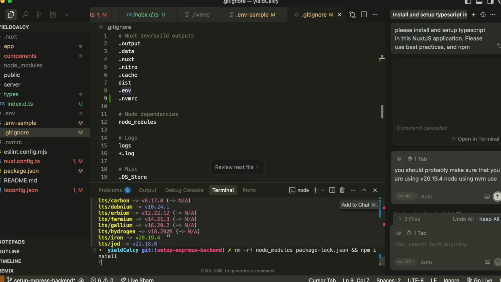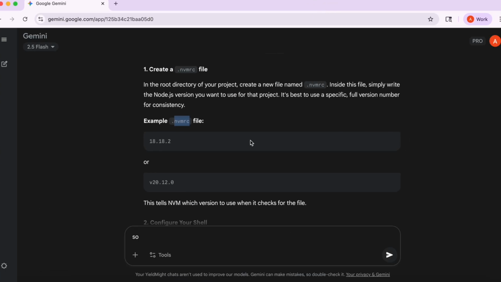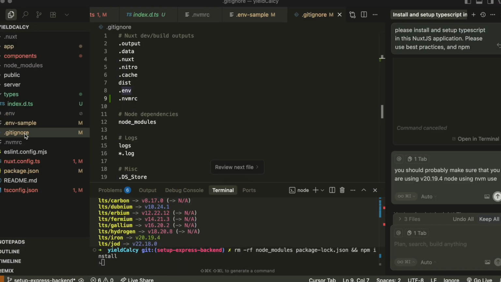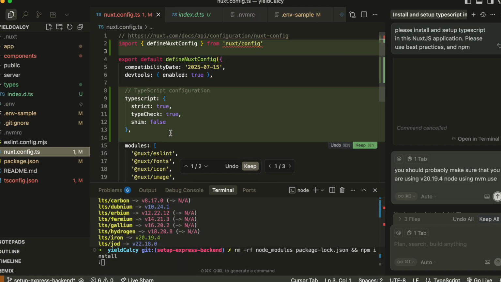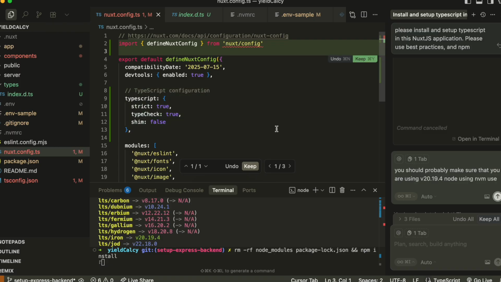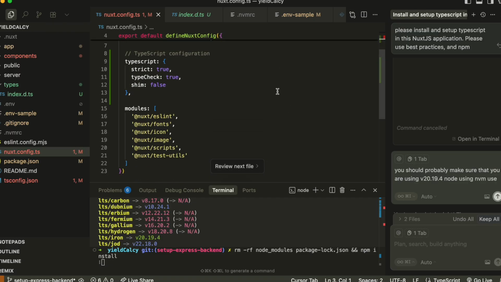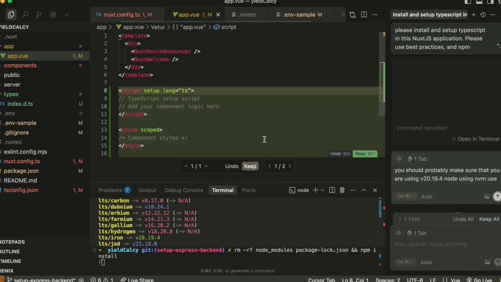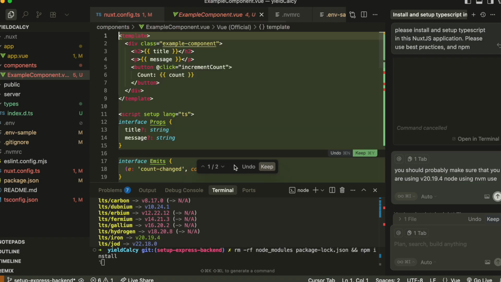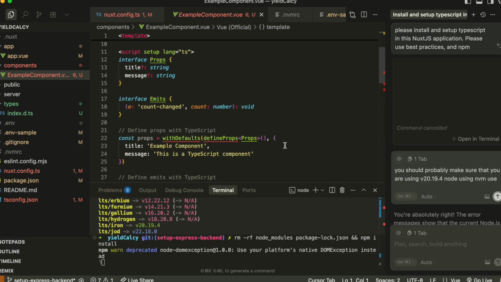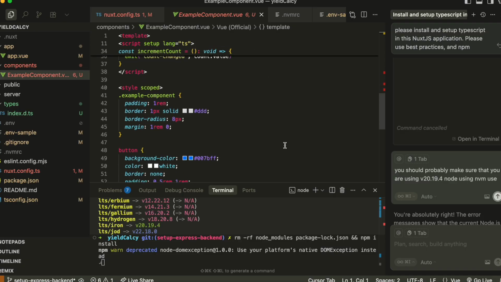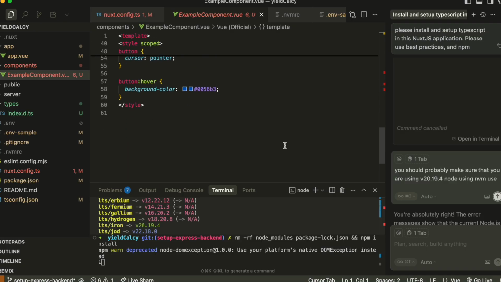Okay, so then what are the steps after this? Actually, what are the steps after this? Doesn't the next config have like a TypeScript thing in here? Keep. And then, yes, we have TypeScript here. And we're going to keep all this. We didn't change anything too much. And so this should nominally have TypeScript